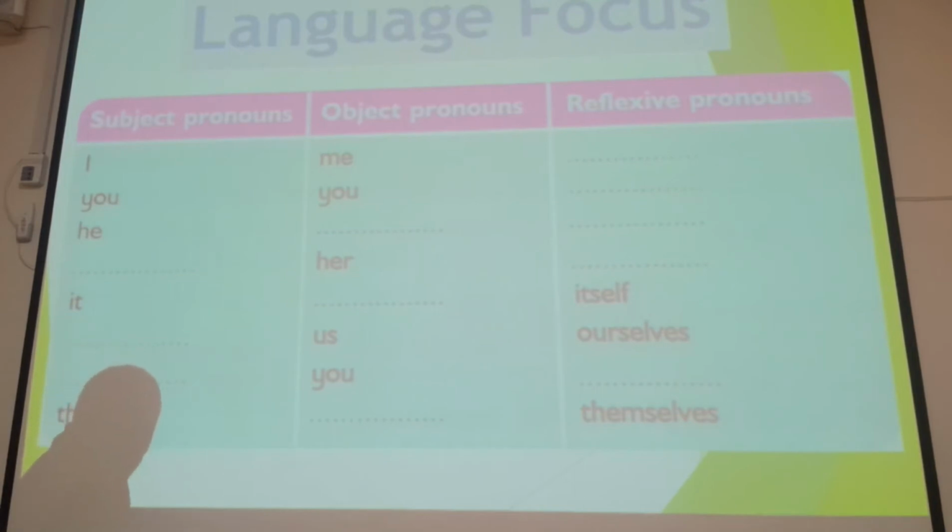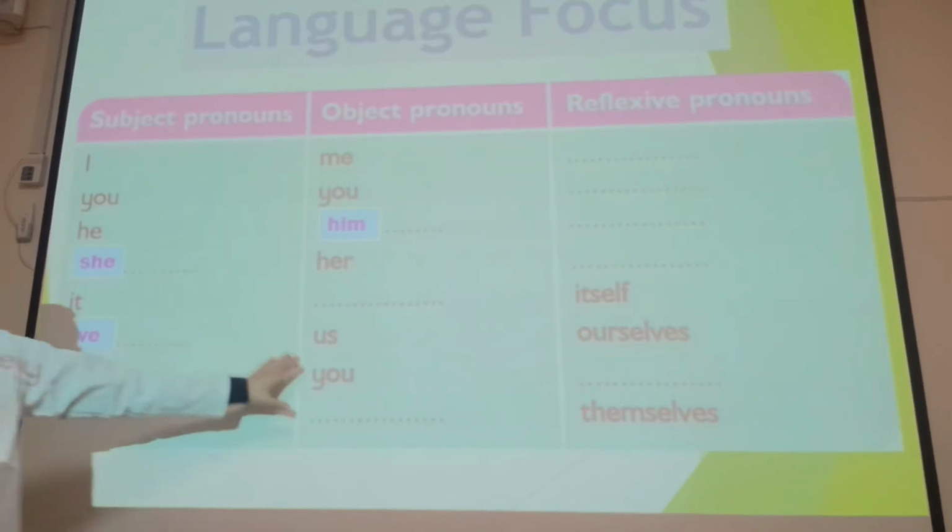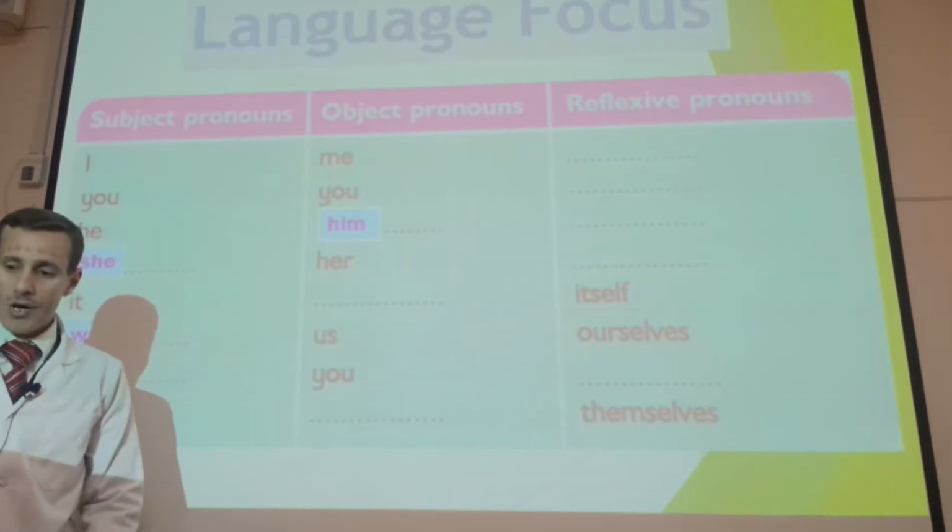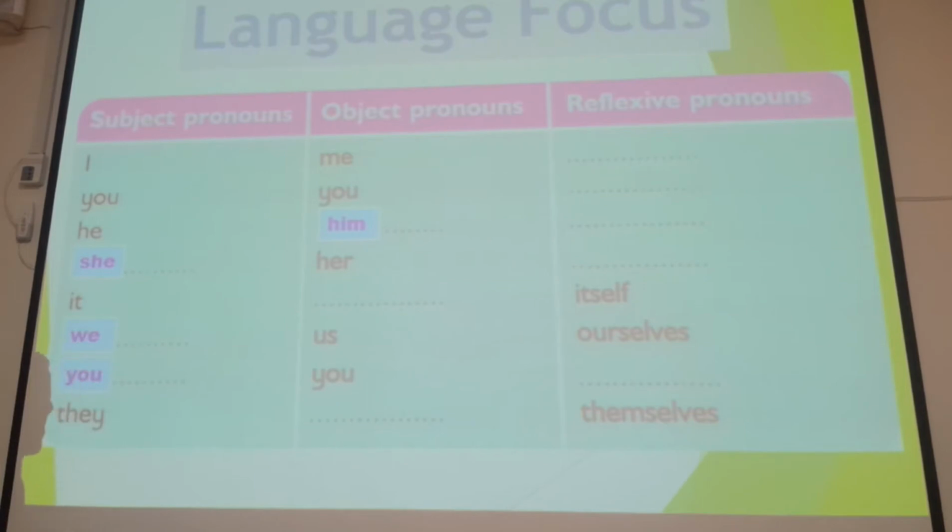As you already know, we can have pronouns like I, you, he, she, it, we, you, and they. You know the difference between these two: they refer to the same, but the difference is simply between singular and plural. The object pronouns are like me, you, him, her,